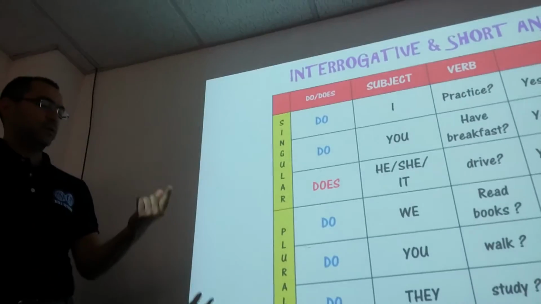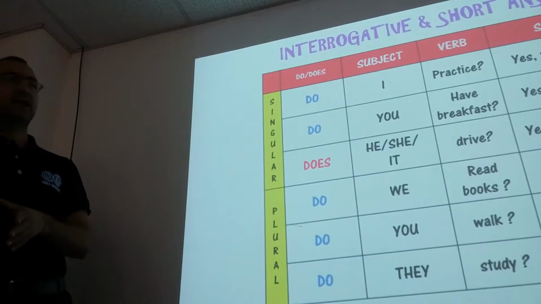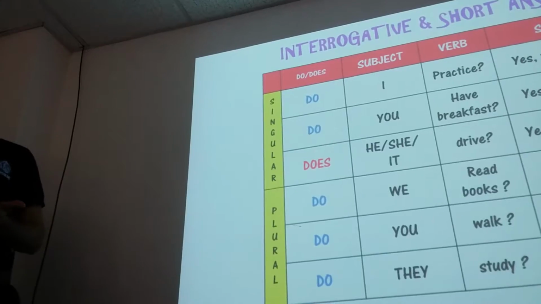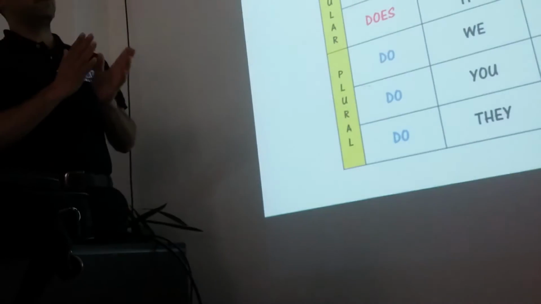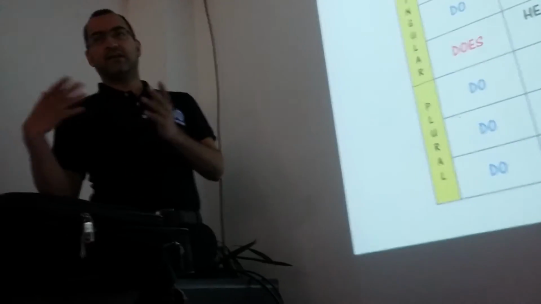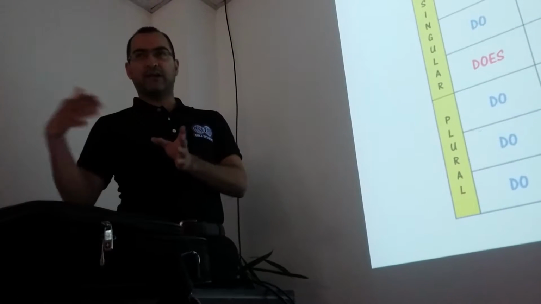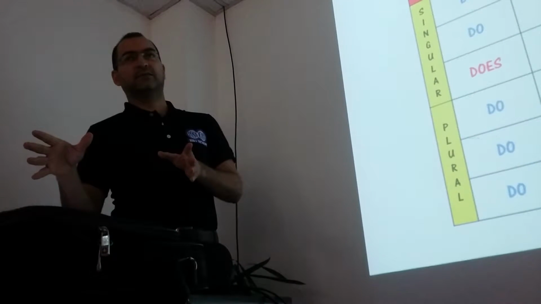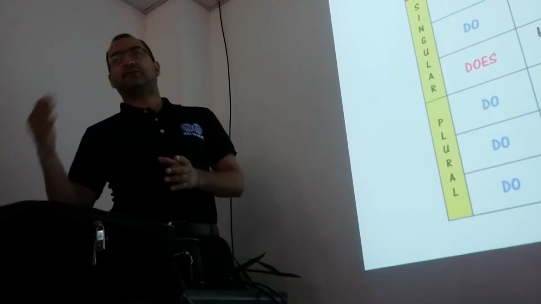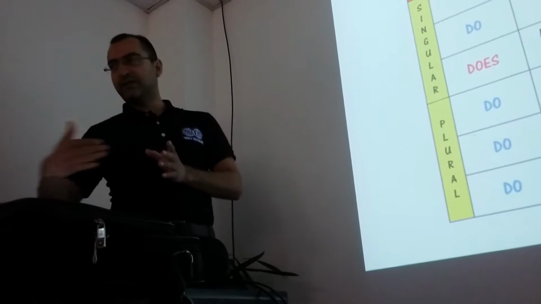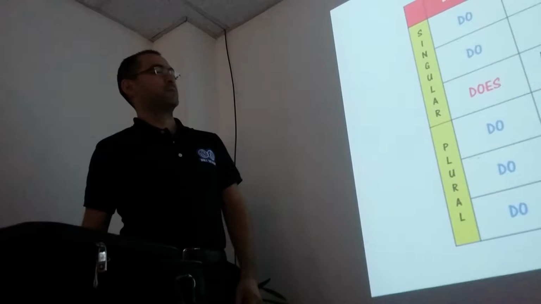Remember, the simple present is for hobbies, routines, habits, for something permanent, right? You use the simple present for permanent things. The other one, with the verb to be, is the present continuous, right? Like, for example, I practice my English every day, or I am practicing English every day. What is the difference? The verb to be and the ing. But the difference in the context is, I am practicing English every day is temporary, right? Maybe it's going to end eventually. I practice English every day is permanent, right? It's my routine, it's something that I like to do, so as long as I can, I do that, right? So that's the difference, right?